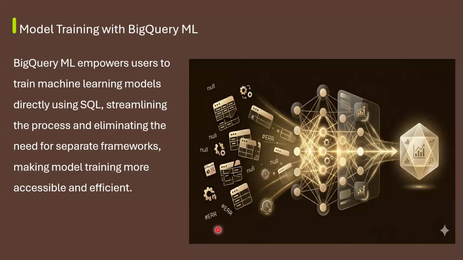All right, so after our feature engineering, it's model selection and training. So this is where we start to train our model. And like I said, things are a lot easier now. We just write a couple lines of code and we have an active model. So using BigQuery ML, it allows us to train machine learning models directly using SQL, which has reduced and eliminated the need for separate frameworks. Separate frameworks being PyTorch or TensorFlow. You don't need to understand those frameworks anymore. You can just write SQL, right? And then it just makes training efficient and straight to the point.